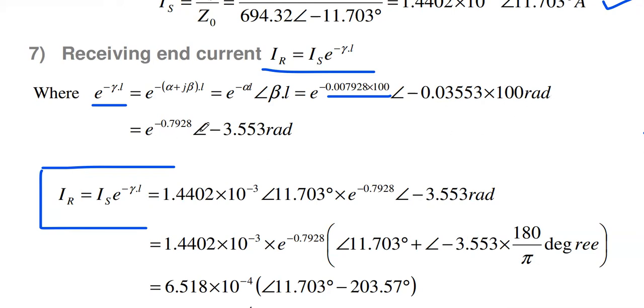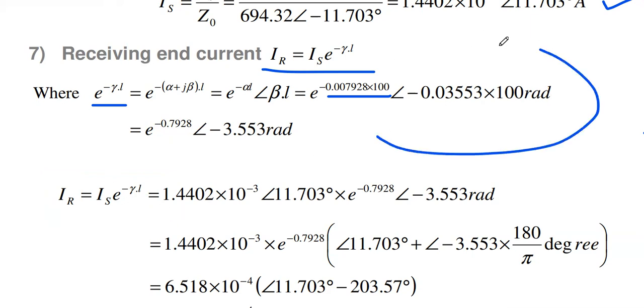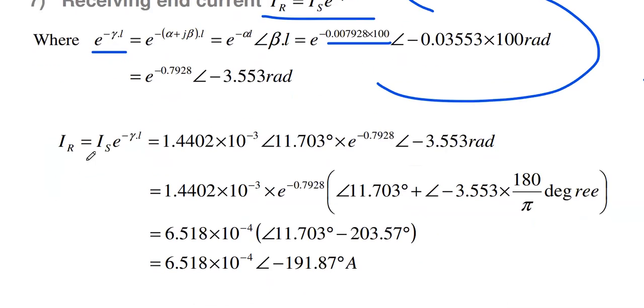Okay, so e power minus this value you calculate in Calc and you multiply this. So we may get e power minus eta L. Then you substitute this e power minus eta L in our receiving end current. So now you see IR equals IS into e power minus eta L. So this is the IS value, with e power minus eta L split as e power minus alpha L with angle